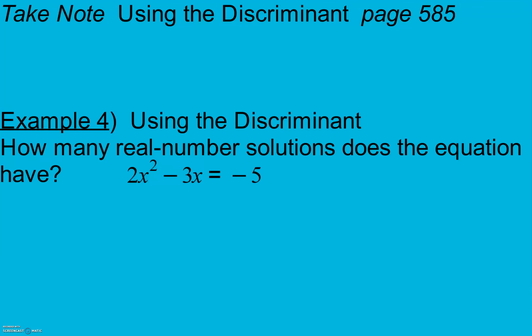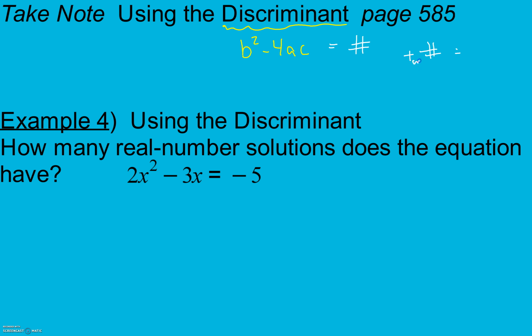Continuing on in section 9.6, we're going to start with the take note on page 585. Here it talks about using the discriminant. And the discriminant is the part that's underneath our square root in our quadratic formula, b squared minus 4ac. And when we do our b squared minus 4ac, we are going to get some type of a number. If our number is positive, it means we are going to have